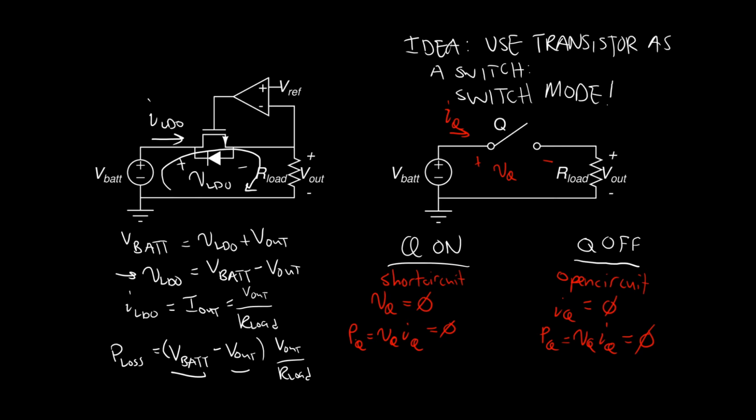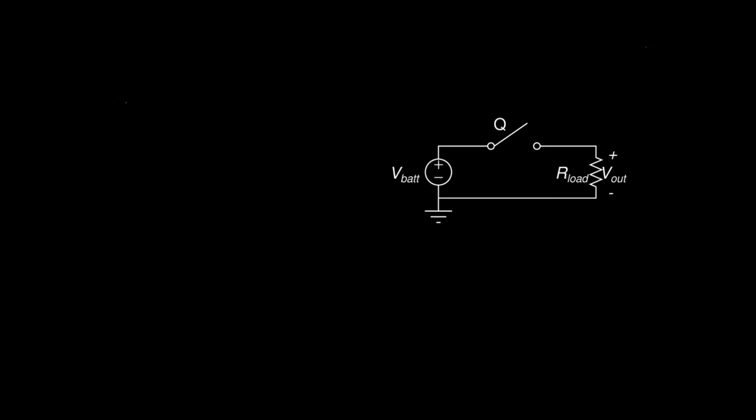So by using a transistor as a switch instead of as a resistive element, it won't dissipate any power if we use it. So how do we leverage this idea? How do we use this idea to our advantage? Well, we have another idea. The second idea, idea 2, right? Idea 2 is switch